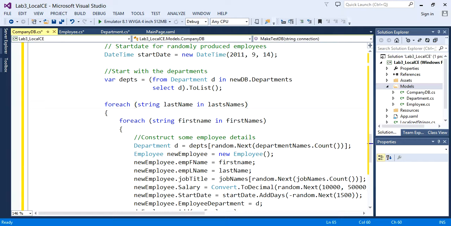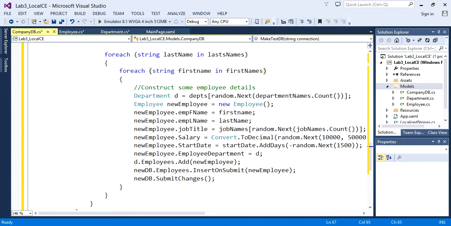Then we have our nested for each loops. So for every last name, I'll loop through every first name, right? So I get every combination of first and last names by the time I'm done. Inside the loop, we're just using a bit of random work here to randomly choose a department for the employee. We create the employee, assign this first and last name from our loops, randomly select a name for the job title,